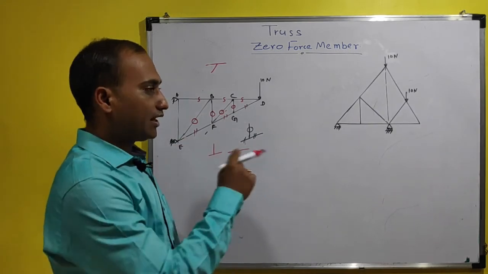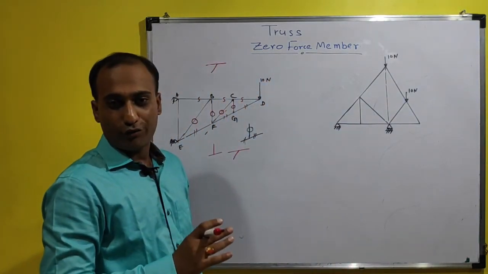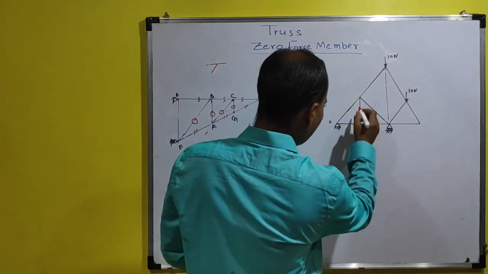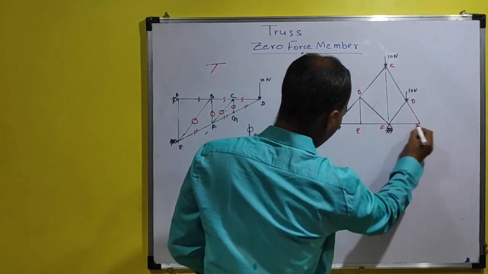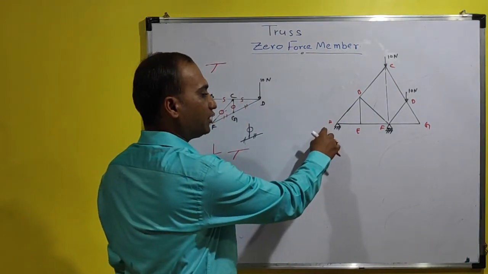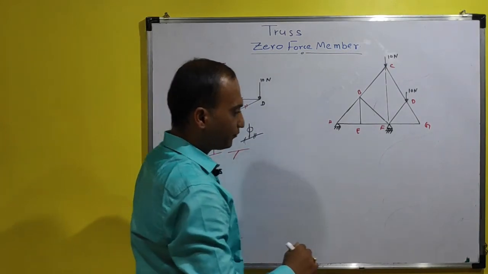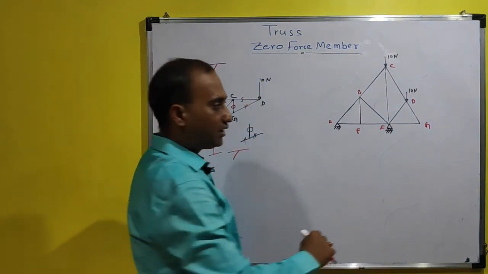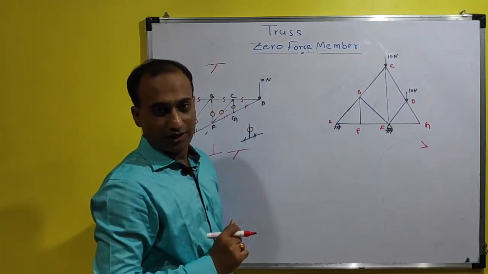Now let's consider another example of a truss. Here we have to find out the zero force members. So we have to see where there is a V joint or T joint. First of all we will name the structure A, B, C, D, E, F, G. Now looking at this figure, A is having a V joint but it has a support, so we will exclude this joint. Then we will go to the next joint, which is the G joint. At this G joint it is a V joint, and hence